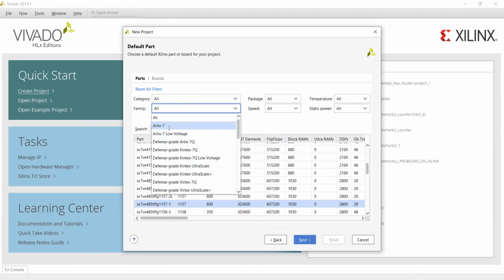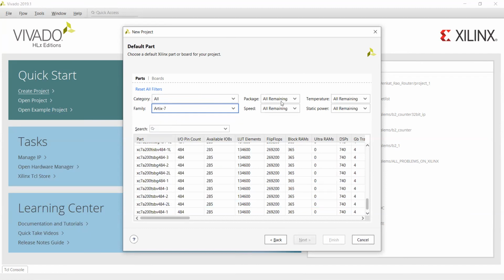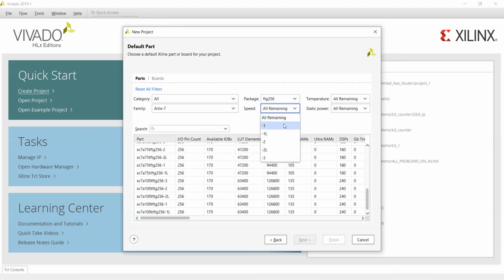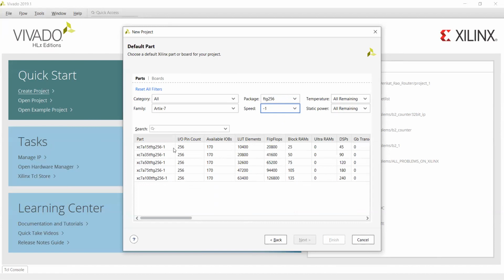So you can take Artix, and the package you are seeing is FTG324, FTG256. This is the package. Package means IC package, and speed grade is -1. Then you select the part number.